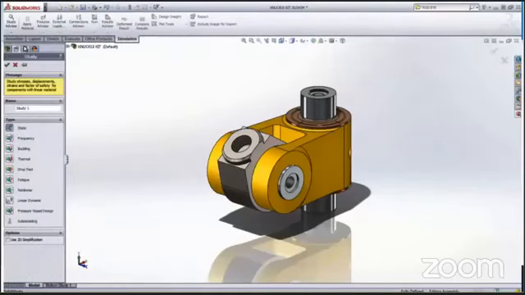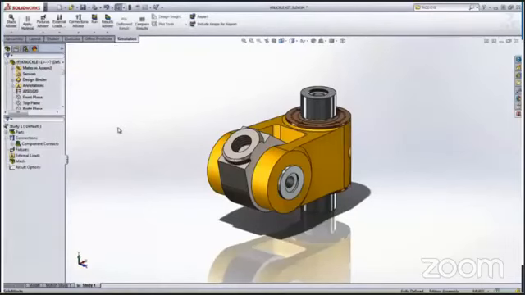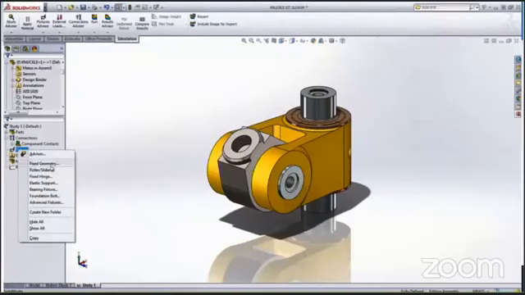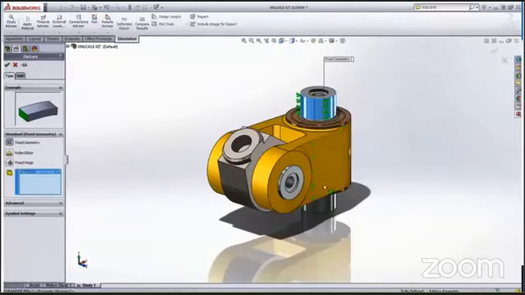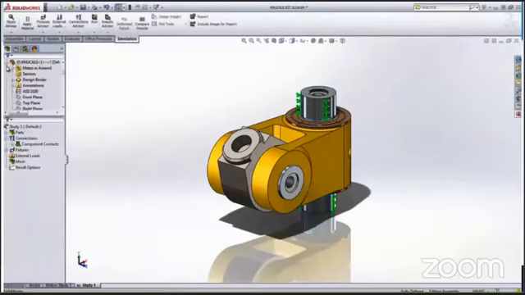We'll click on New Study, define Static, click OK. On the feature, we will click Fixed Geometry and define the references.